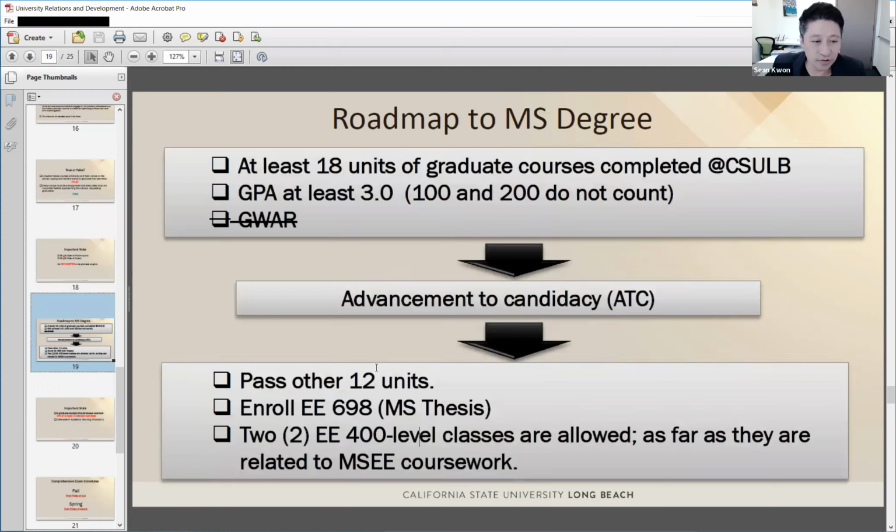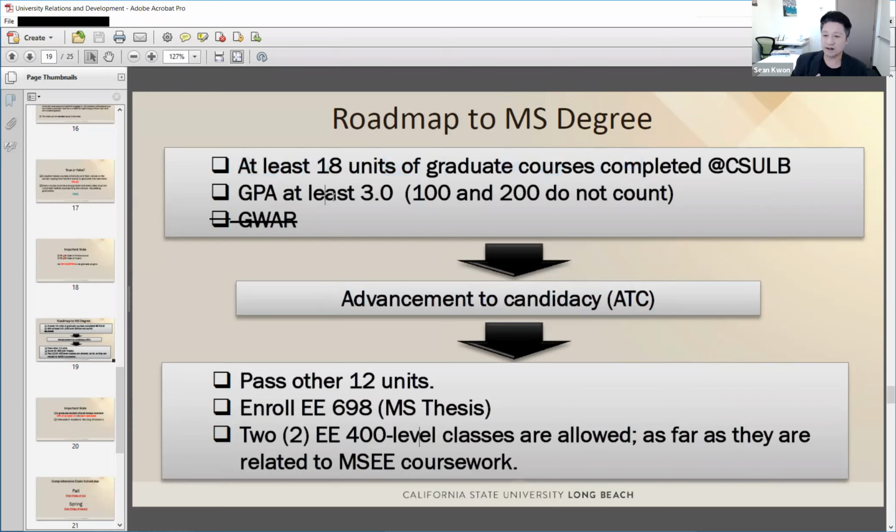Yes, so to summarize the roadmap or coursework in the MSEE program, again, an important milestone is this advancement to candidacy. To have the approval of this ATC submission, we need to satisfy this one: 18 units of graded course completion. That is basically 6 classes.